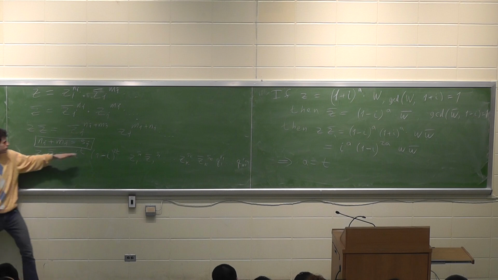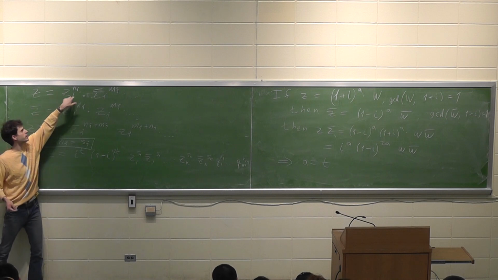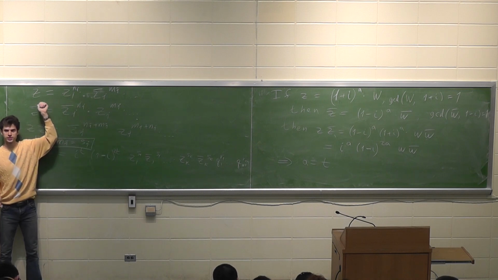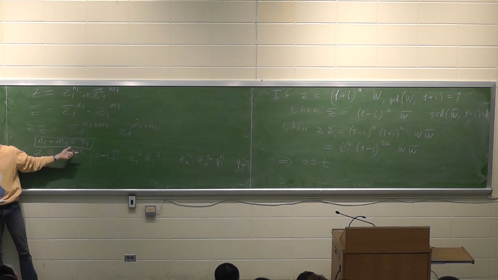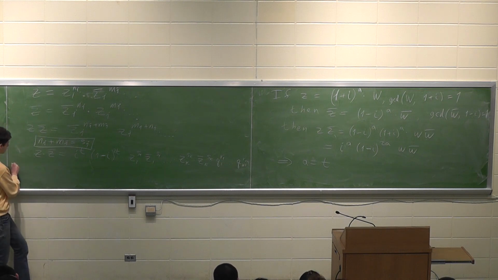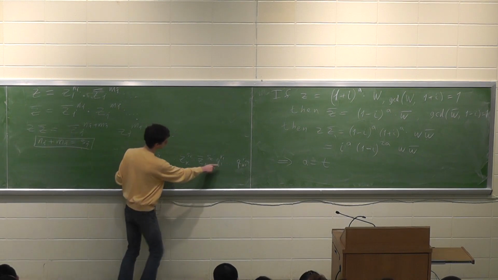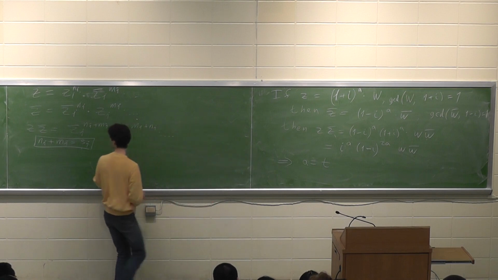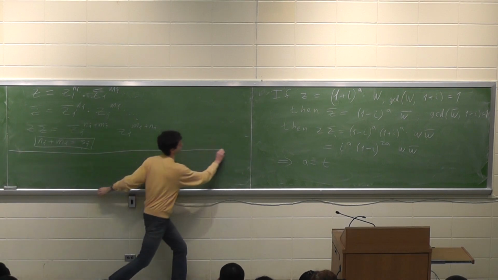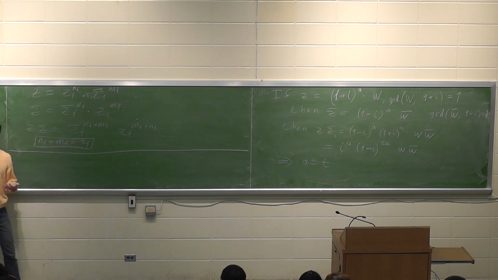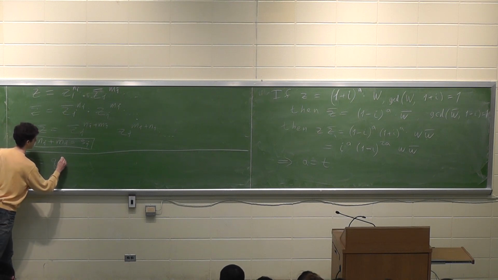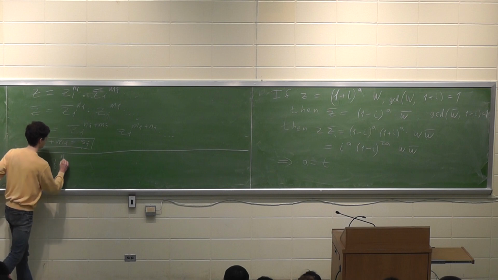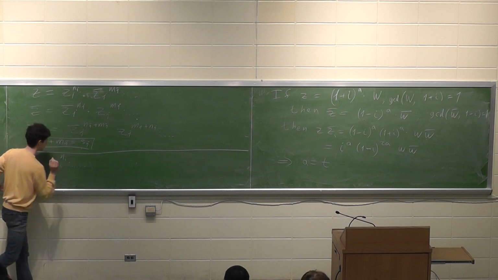Still, the only thing that matters about the exponents of Zi, which is in the factorization of Z, is that Ni plus Mi here is equal to Si. And finally, what happens to these factors of Q? Recall that Q is a usual prime. Qi are usual primes. So if Z is Qi to some power Ni times something,